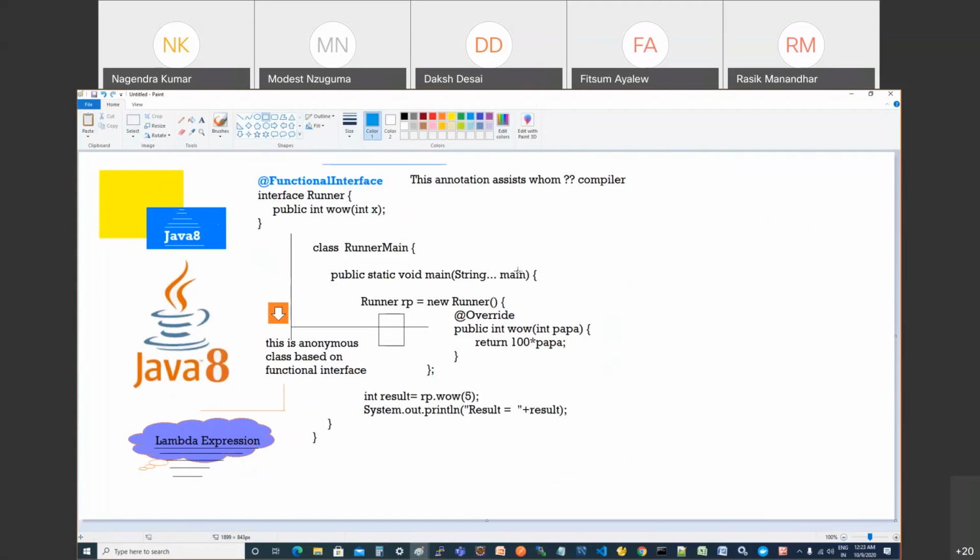Now, see, if I have an anonymous class based on a functional interface, then you can write it as a lambda expression. How? If you do observation, so in this